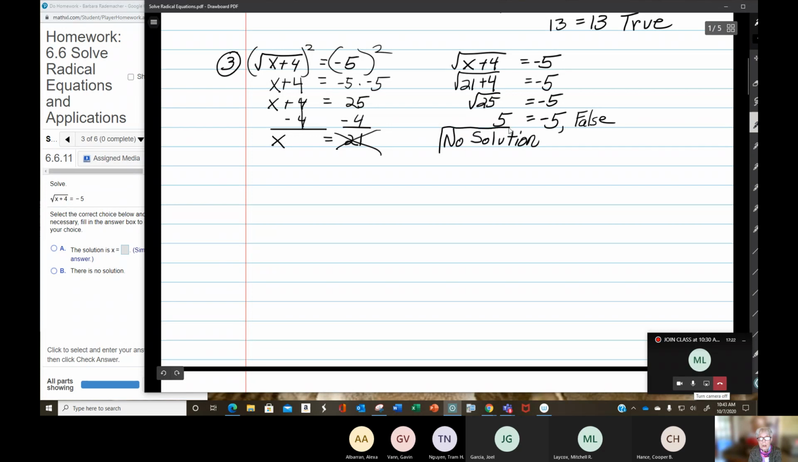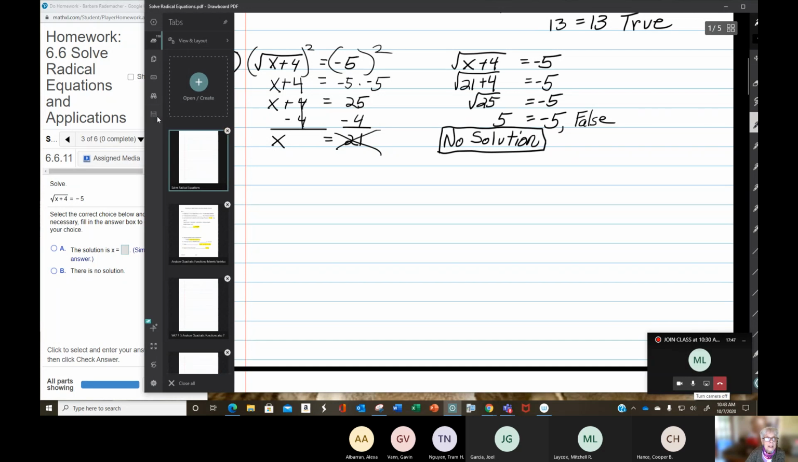Even though I actually did everything right, I can still get no solution. Some equations are just not solvable. Okay. So this is to introduce you to the possibility. There is no solution, but